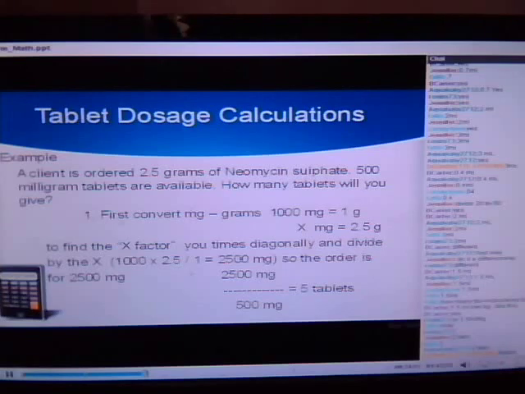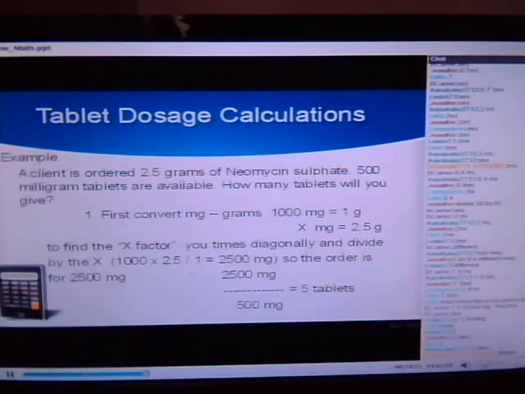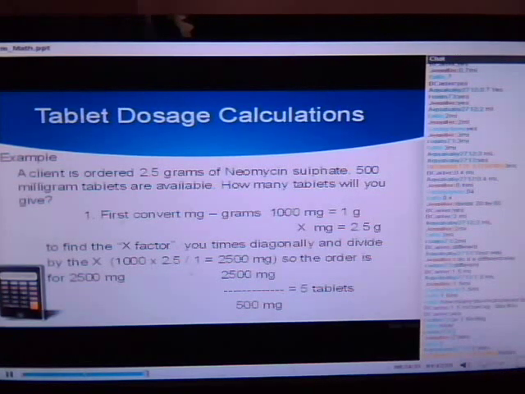So a client is ordered 2.5 grams of neomycin. 500 milligram tablets are available. How many tablets will you give? All right. You notice in this question, we have to convert milligrams to grams. So this is what, so we have to convert milligrams to grams first. And we come up with